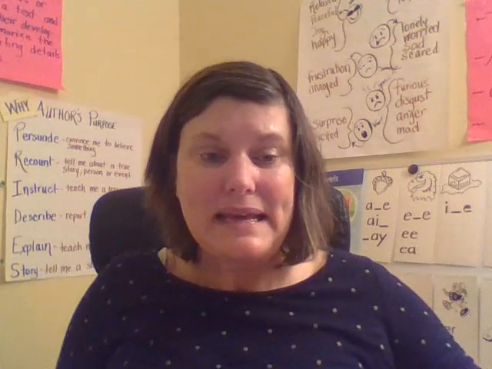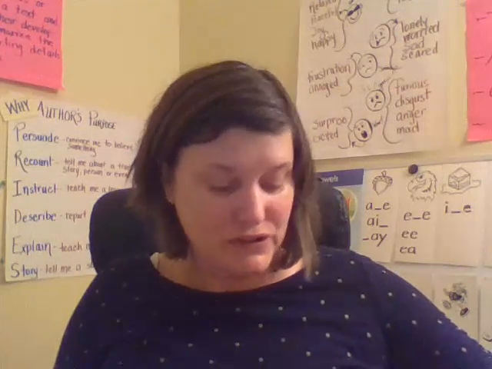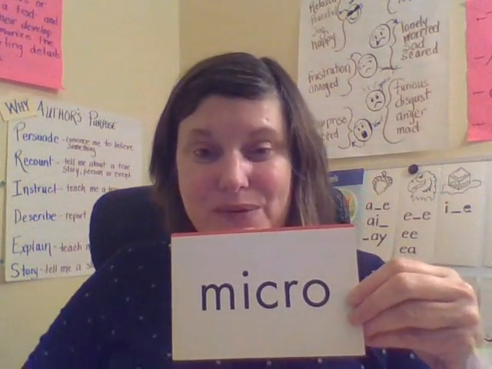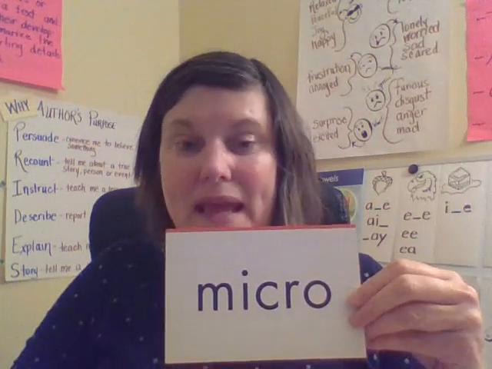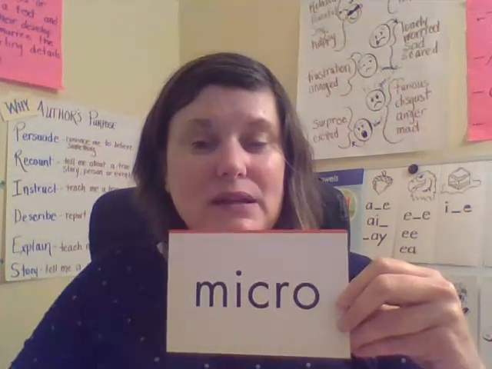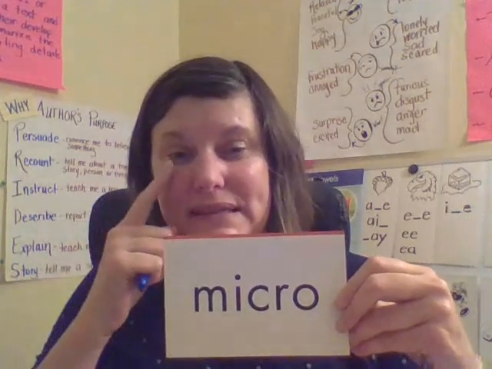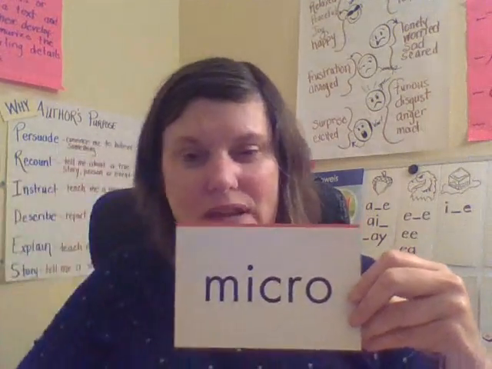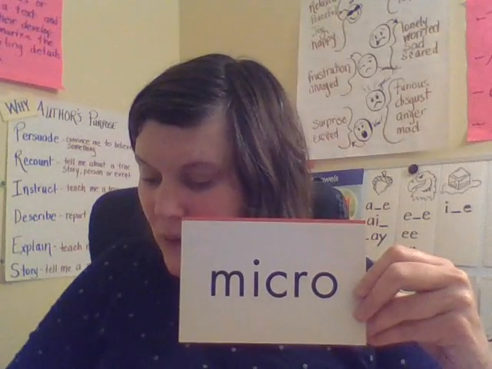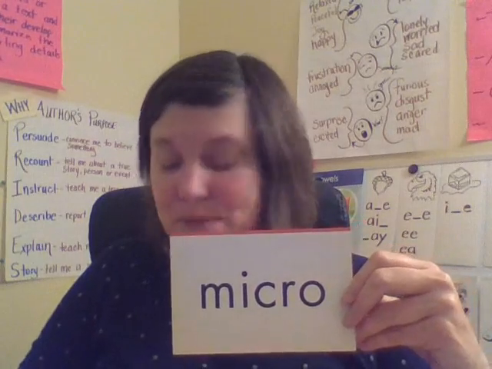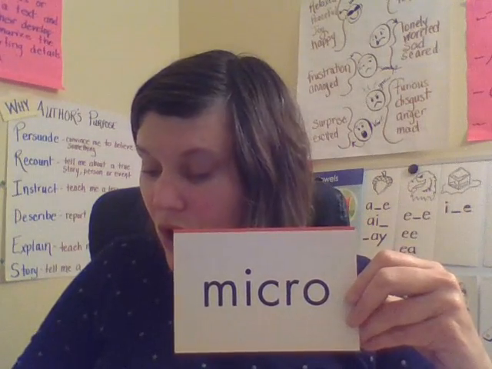Okay, the next word we are going to spell is microscope. Microscope. Remember, micro was one of our sight syllables, so go ahead and spell micro. And as we spell the sight syllables, let's say the letters out loud as we're spelling them. That way we see them and we hear them and we feel it while we're writing it. So micro, M-I-C, spell it with me, R-O,